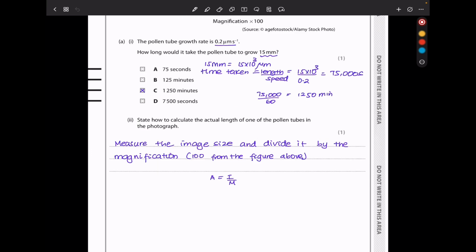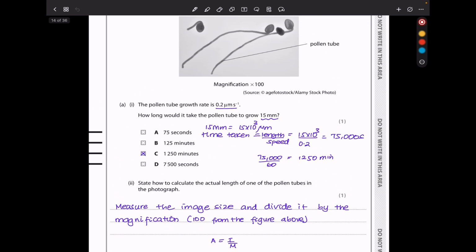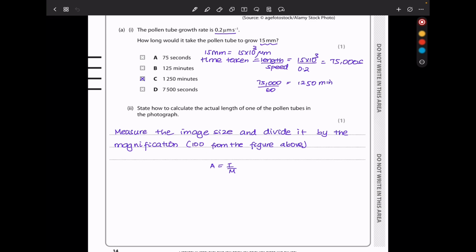State how to calculate the actual length of one of the pollen tubes in the photograph. We know magnification is equal to image size or image length divided by the actual length. So actual length should equal image length divided by the magnification. So we will use the microscope to find the image length or image size and then divide by the magnification. So I said measure the image size and divide it by the magnification. Remember, from the photograph we have times 100 as the magnification, so I will divide by 100